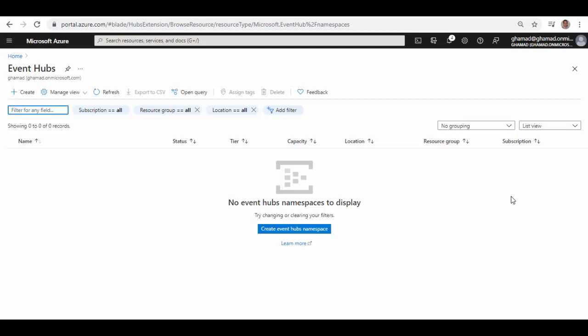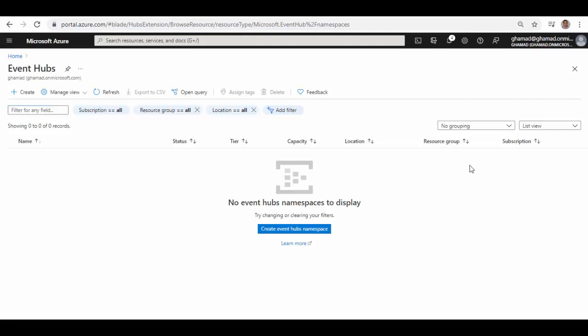First, we'll create a service principal which will have access to create Event Hub's namespace. Secondly, we'll create a resource group where we will actually place this Event Hub's namespace. And then we'll create requests in Postman to run those operations of create, update, get, list.